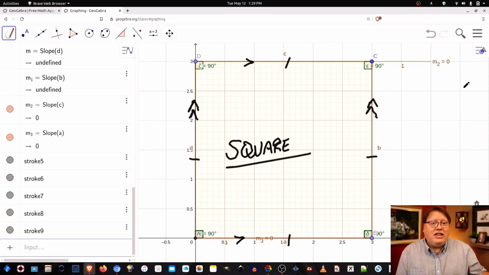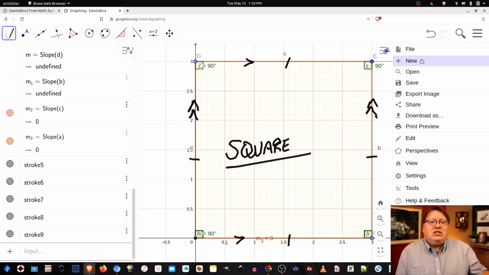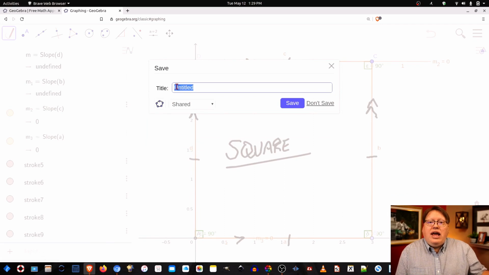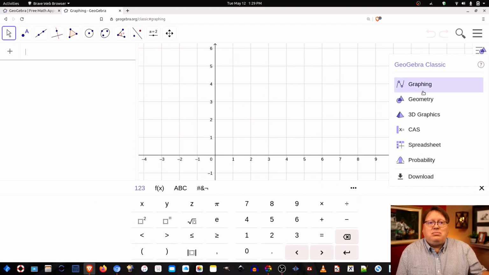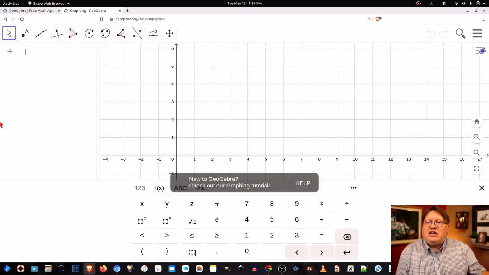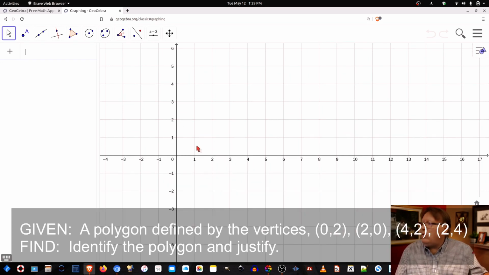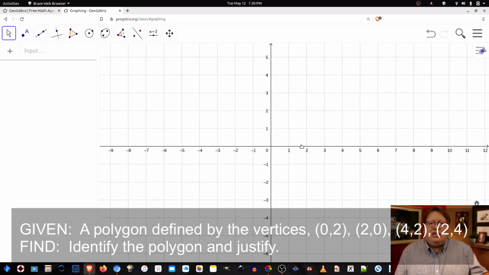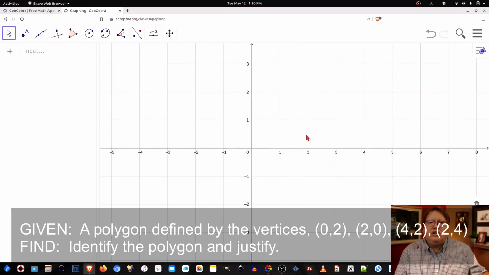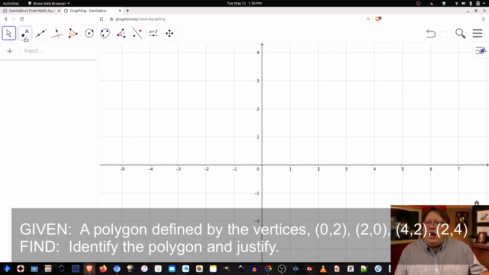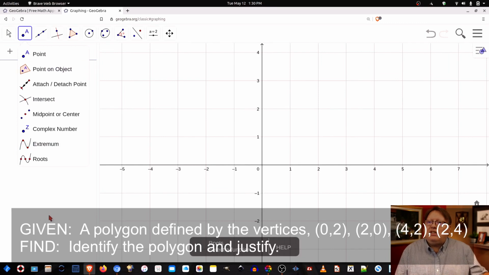And for that one, we're going to clear out our work here. So what you want to do is come over to these three lines and just hit new. And, you know, we don't have to save this. So I can just put don't save. I'm going to click on graphing. And now I want to close this. And we are going to plot the next set of coordinates. And for this set, I'm going to scroll in just a little bit. We are choosing the point tool. And for this problem, we have